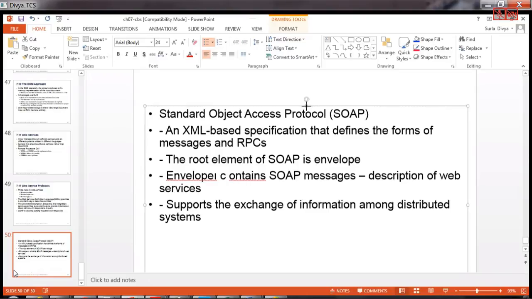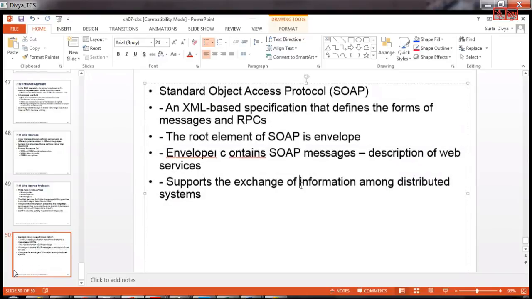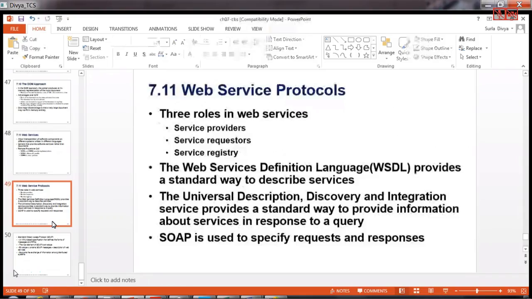Okay, so we have different services. SOAP is one of the services which facilitates the web service for request and responses. Okay. So maybe now we will discuss Ajax, right? In that case, we will understand how a web service URL can be